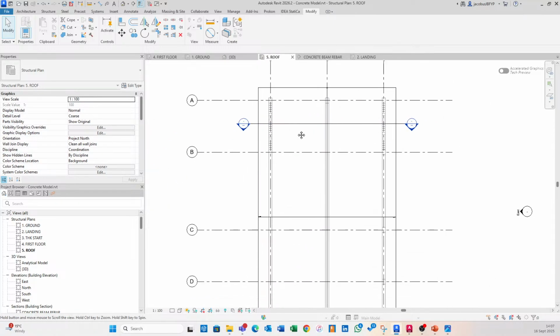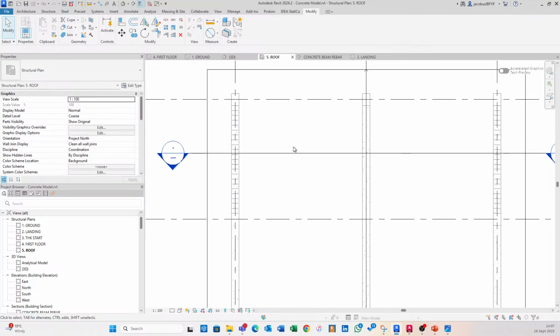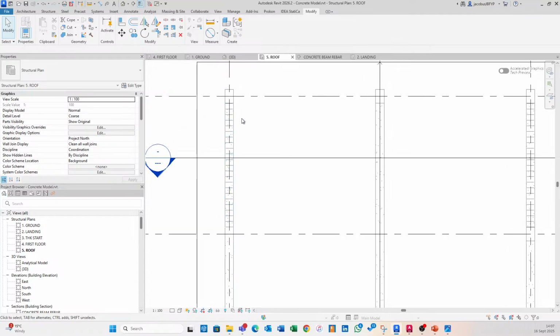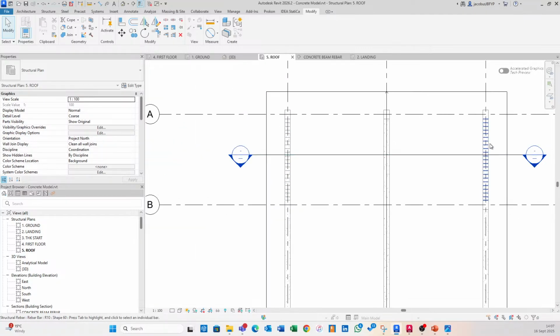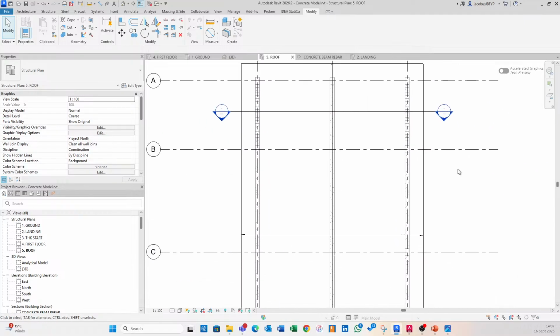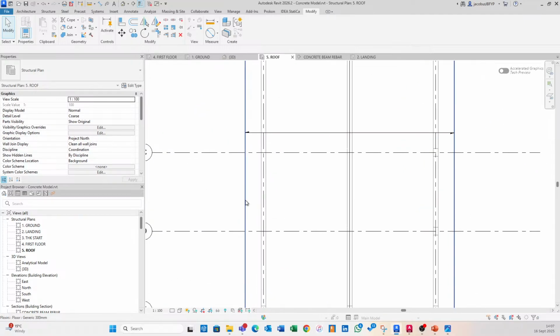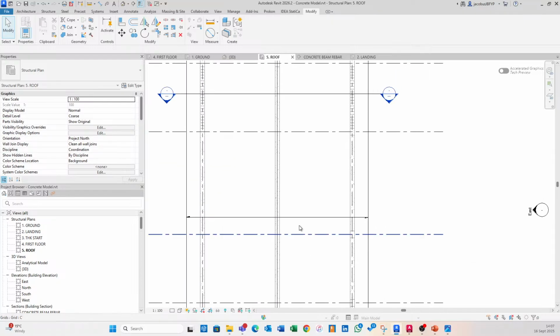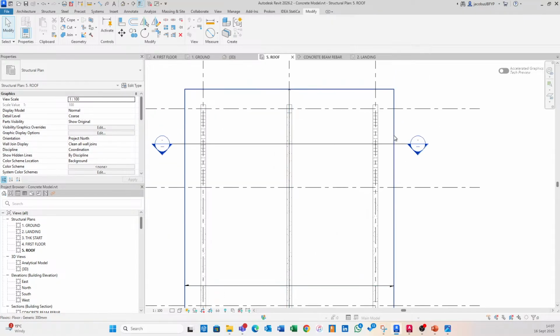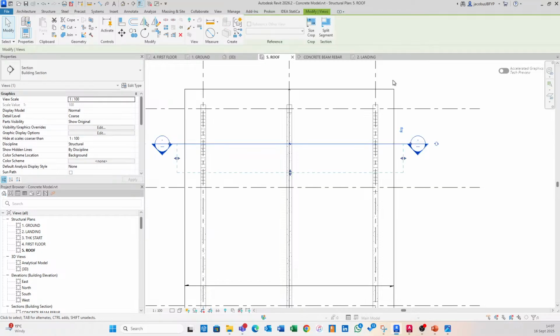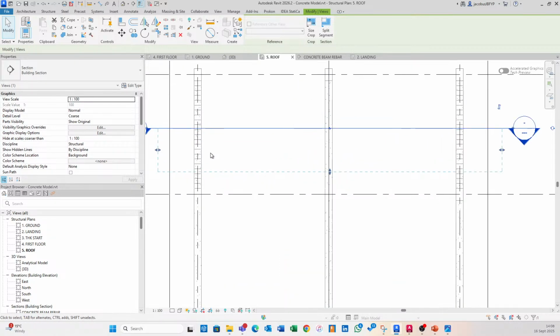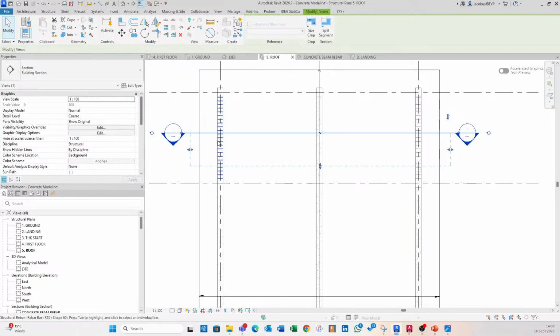But on the roof layer, we can see that there's a section, and this section is specifically to detail these beams. All right, so these beams only. You'd actually need to create additional sections to detail these other beams. You can use copy and paste functionality. That does work. However, it would be important that they are the same length. So what I did is I created a section. I adjust its extents so that the view depth shouldn't be that deep,